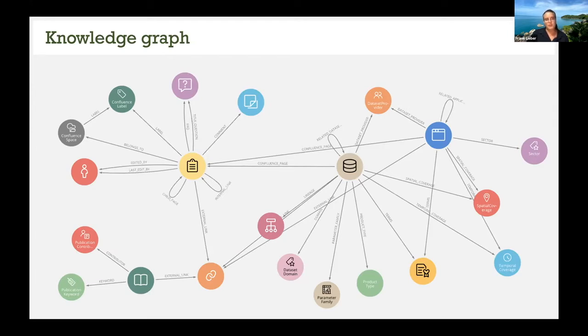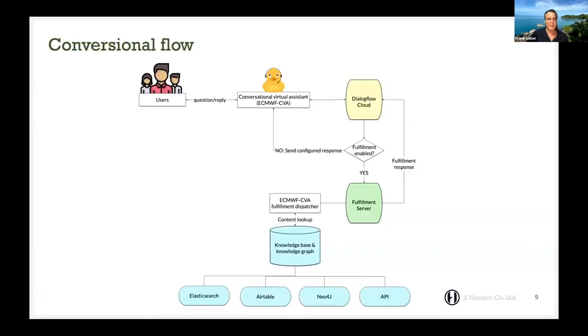And then if a user, for example, has a question about the documentation of this data set, we can follow the linkage in this knowledge graph to look up the related documentation, and then see what the questions in that documentation are, what the topics are, and so on. So this is basically work in progress at the moment.